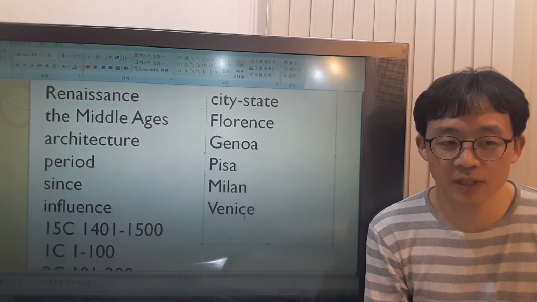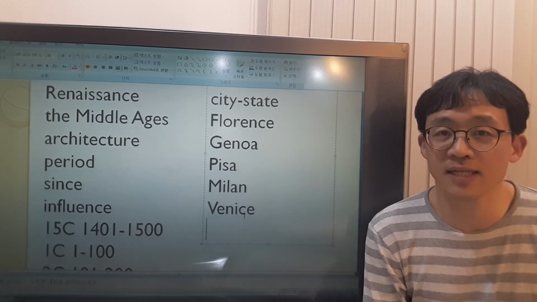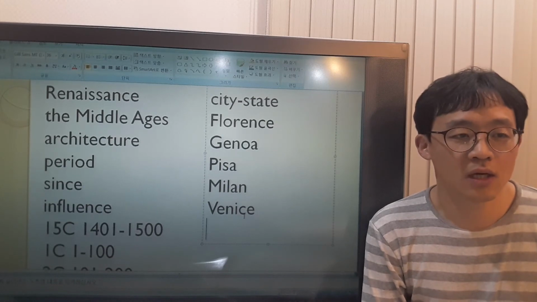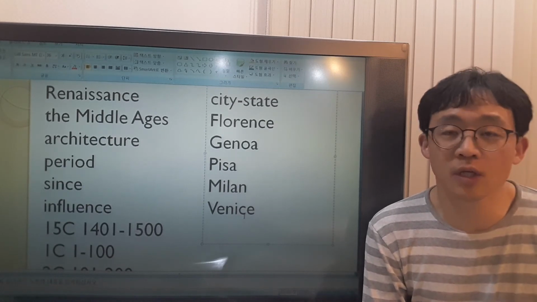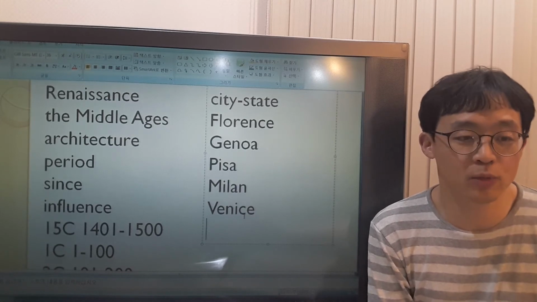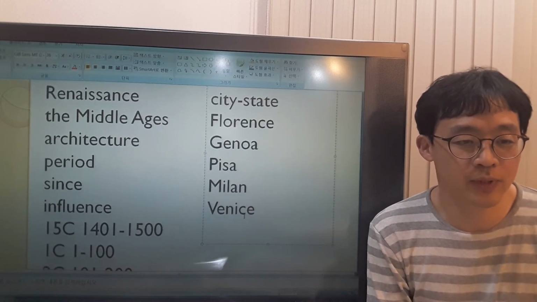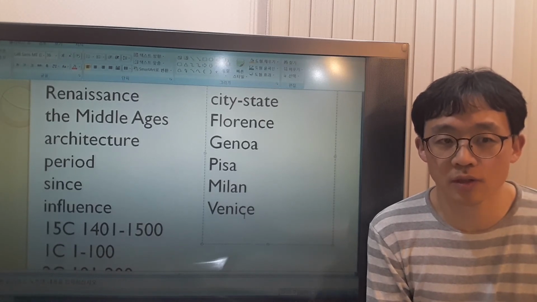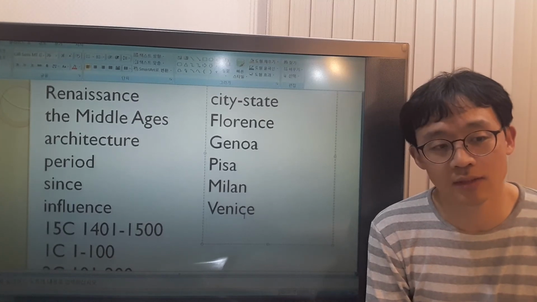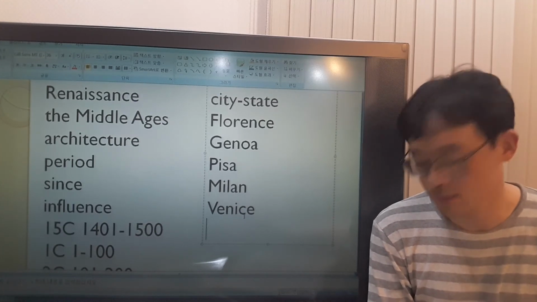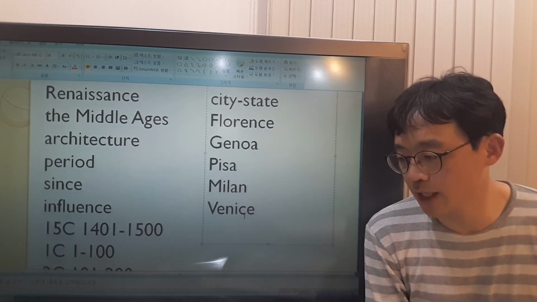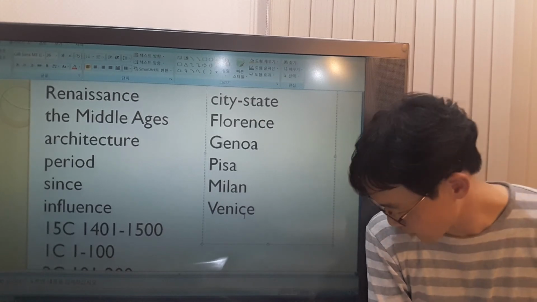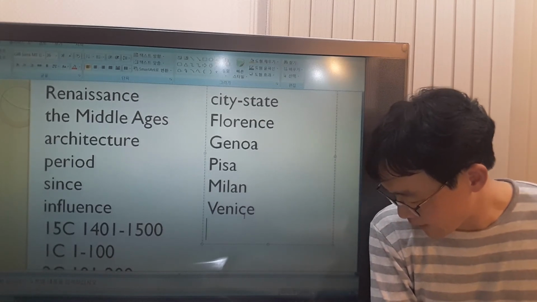Do you understand? But in Italy, there was a lot of city-states, and these cities were independent. Okay, so feudalism was not very popular or common in Italy. That's why it was easy for them to develop a new thought, okay, which is Renaissance. Do you understand? They were less restricted. They were commercial cities rather than farmland. You understand? Okay. They became extremely wealthy.